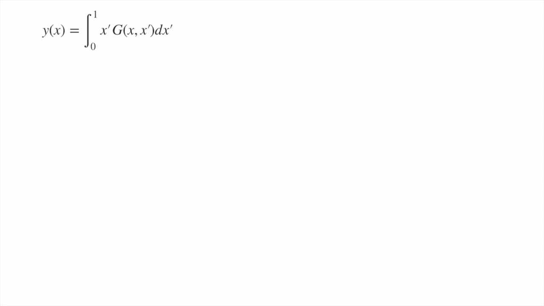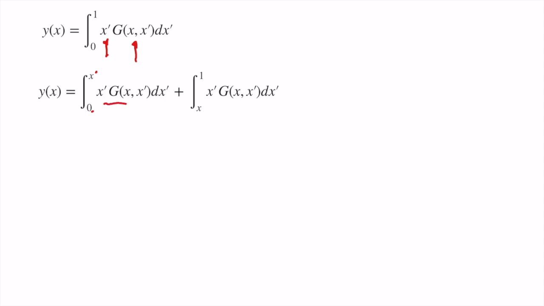That is, y of x is equal to the integral from 0 to 1 of the source x prime times the Green's function g of x prime dx. Now we split this integral into two parts. Here integration is done with respect to x prime, and the variable x is part of the Green's function. An easy way to do it, to separate the region into two parts, is by breaking the integral at point x. Then we have an integral going from 0 to x for the first part, and then add it to the integral going from x to the upper limit, that is 1, for the second part. It is basically splitting the integral into two by taking different limits.